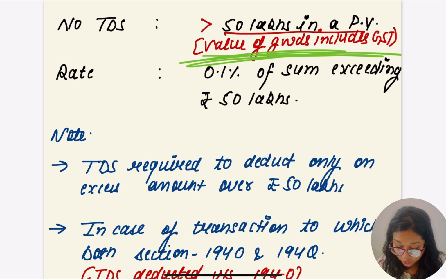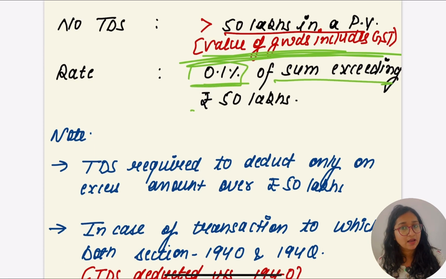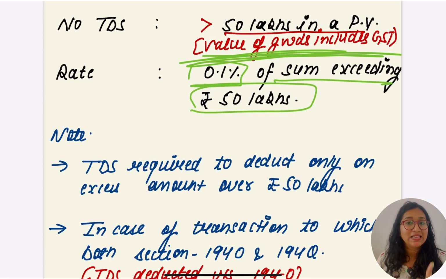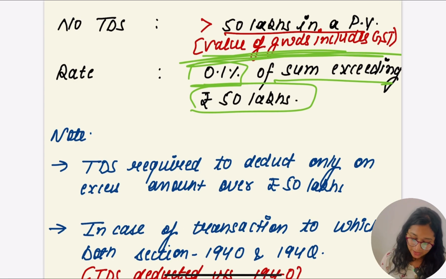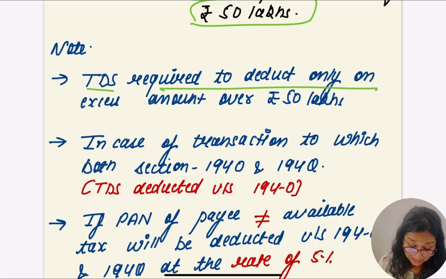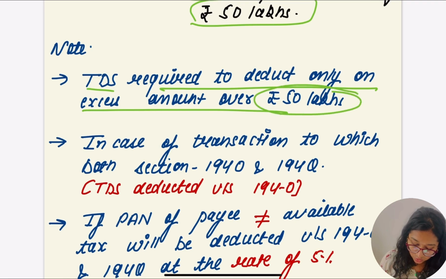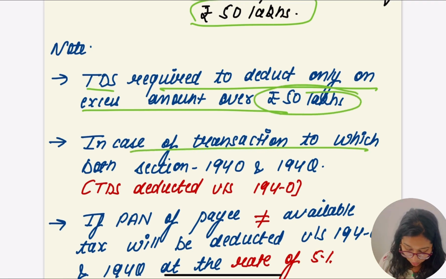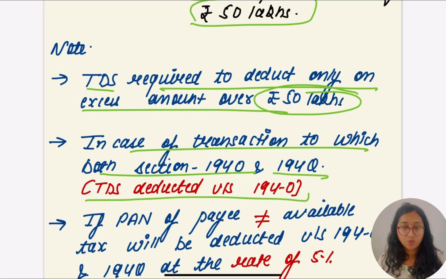0.1% of the sum which is exceeding rupees 50 lakh. If it exceeds 50 lakh, in that case the rate is going to be 0.1%. Let's go for these notes, which says the TDS is required to be deducted only on the excess amount over 50 lakh in case of transaction to which both section 194O and 194Q apply, which means TDS deducted under section 194O,